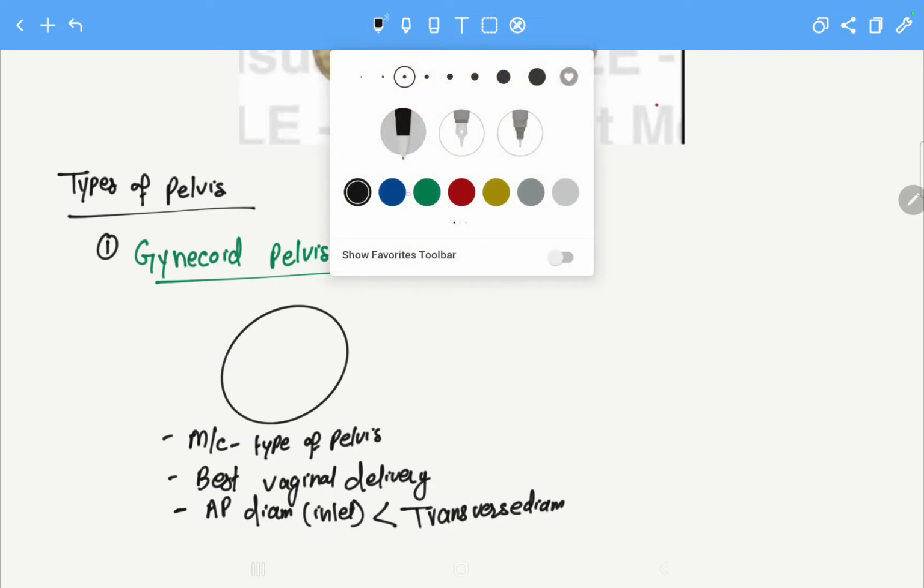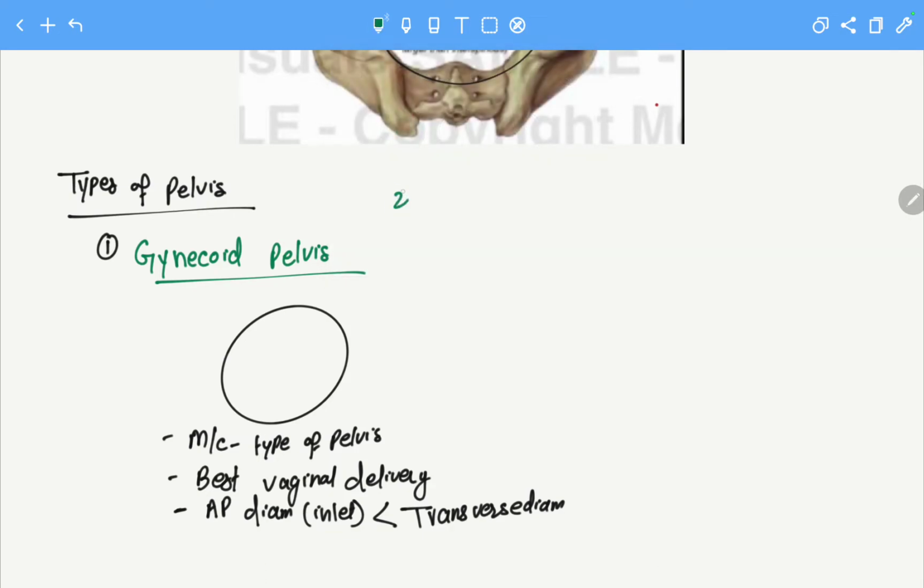The next type of pelvis is the android pelvis. If you make the diagram, the android pelvis will look